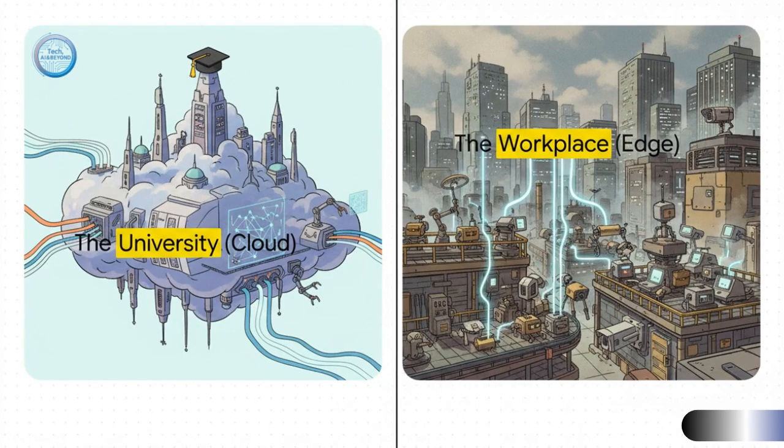The best way to think about this is the university versus workplace analogy. It just perfectly captures how these two domains work together. You see, training a modern AI model is a computationally brutal task. It's like sending the model to university for a PhD. You need massive data sets. We're talking petabytes of information, which because of data gravity tend to live in the cloud anyway. And you need a supercomputer, sometimes with thousands of specialized GPUs running 24/7 for weeks. The cloud lets you essentially rent that supercomputer on demand. It turns a massive capital expense into a manageable operational one. So yeah, the cloud is without a doubt the perfect university for training AI models.